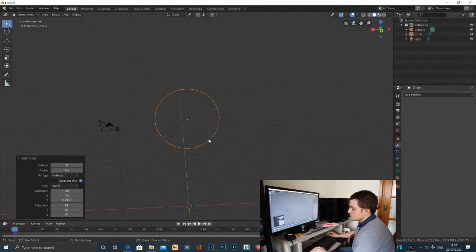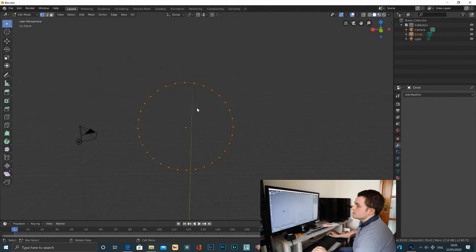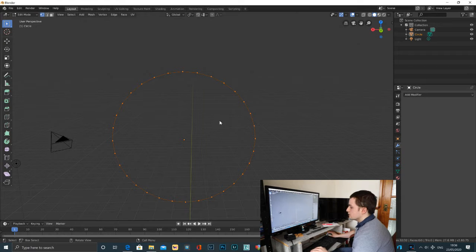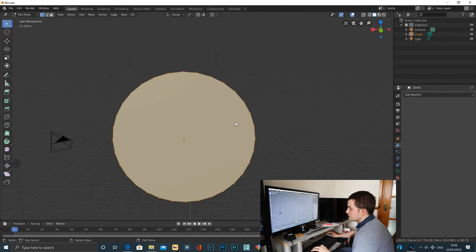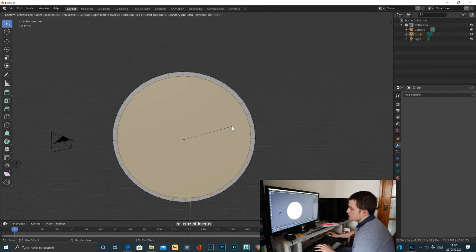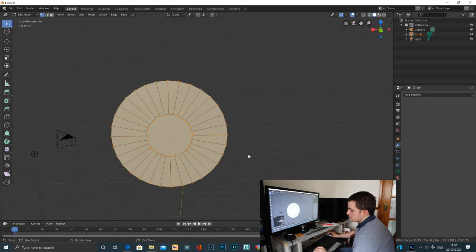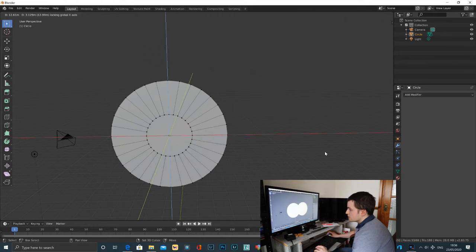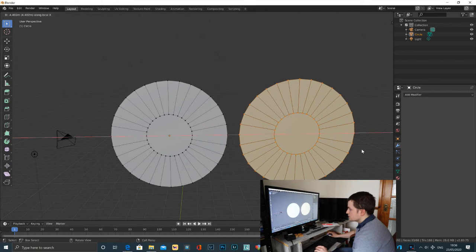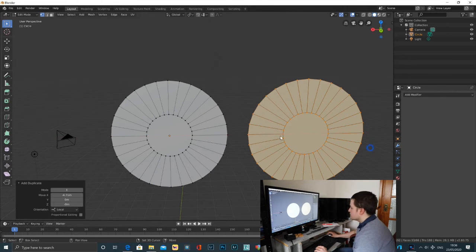This now needs to have an internal, so we go to edit mode by clicking Tab, or you can click up here, and fill, so clicking F. Now what we want is to select I, so we can have internal vertices and make it so it's roughly around there. And now select all, press Shift D for duplicate, then X to bring it on the x-axis as we move it along,